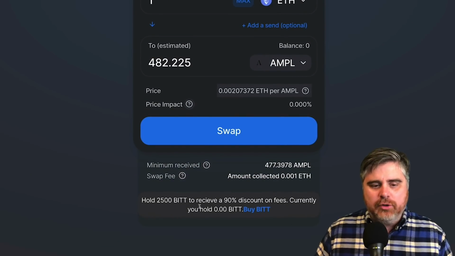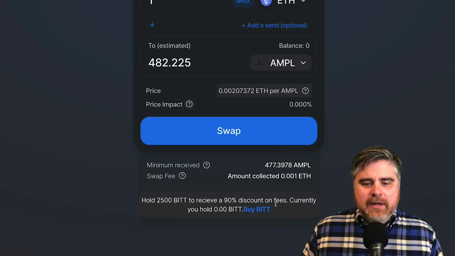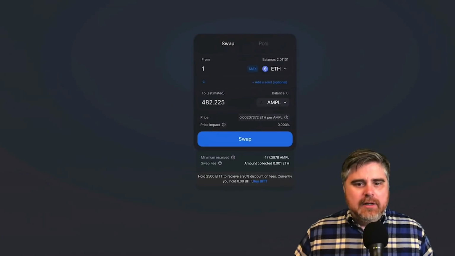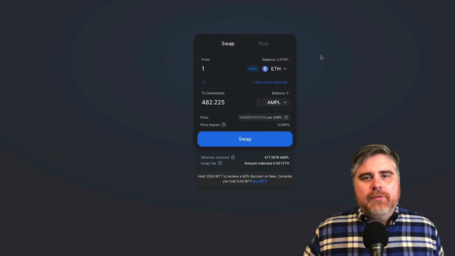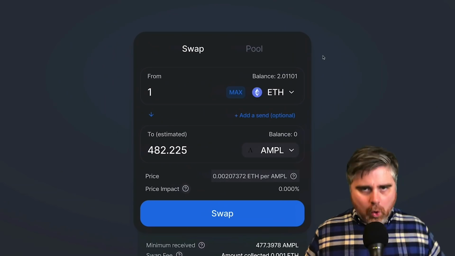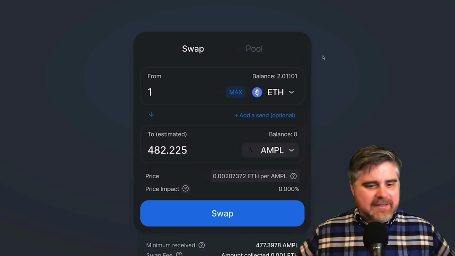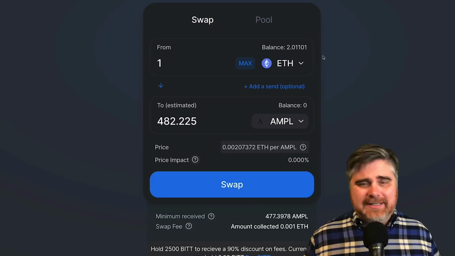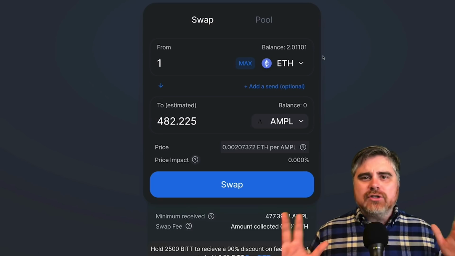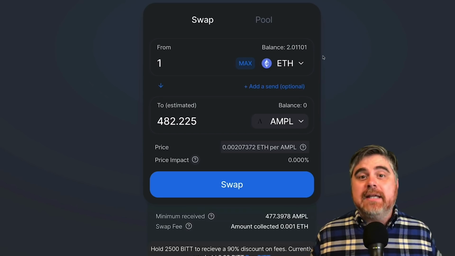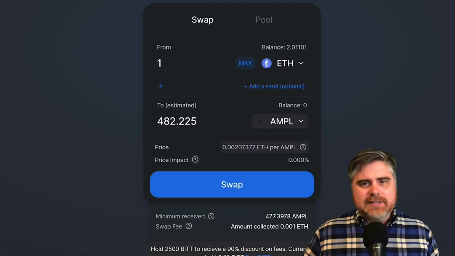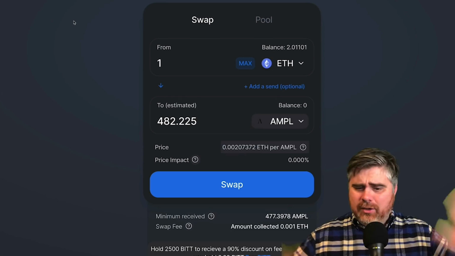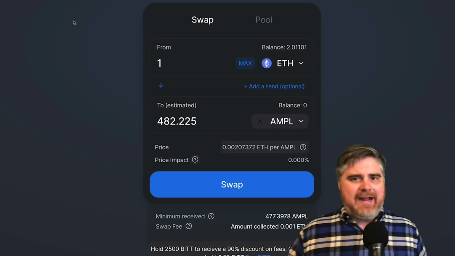How do you get the BIT token? 2,500 BIT to receive a 90% discount on fees. Now, this is going to be the token launched by my community that we are going to be using as rewards for the Bit Squad, for everything that's BitBoy Crypto. You guys are going to get airdrops for buying NFTs, airdrops for being in my Telegram group and my Discord group. You guys are going to get rewards, or at least have the opportunity to get a lot of rewards in BIT token. This is a fun thing we're going to do. We'll see what it turns into. Of course, with no token sale, nothing like that. This isn't that kind of thing.